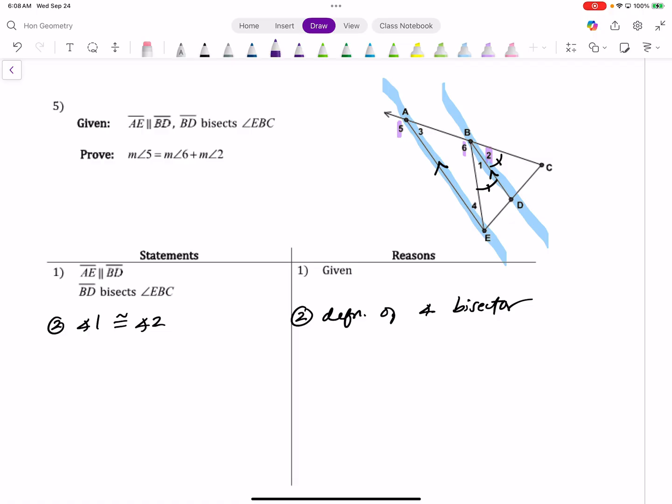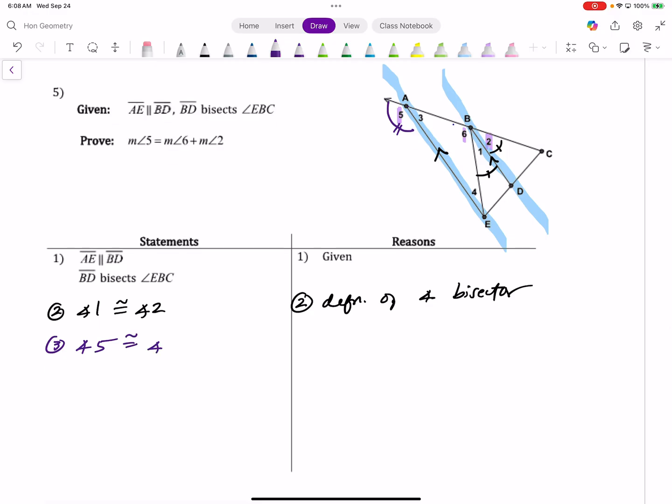How about we do this? What if I say angle 5 is congruent to angle ABD? So this whole angle right here. Because when parallel lines are cut by a transversal, we know that implies congruent corresponding angles. All right, so I want to do that because I need to get a sum in here somehow,